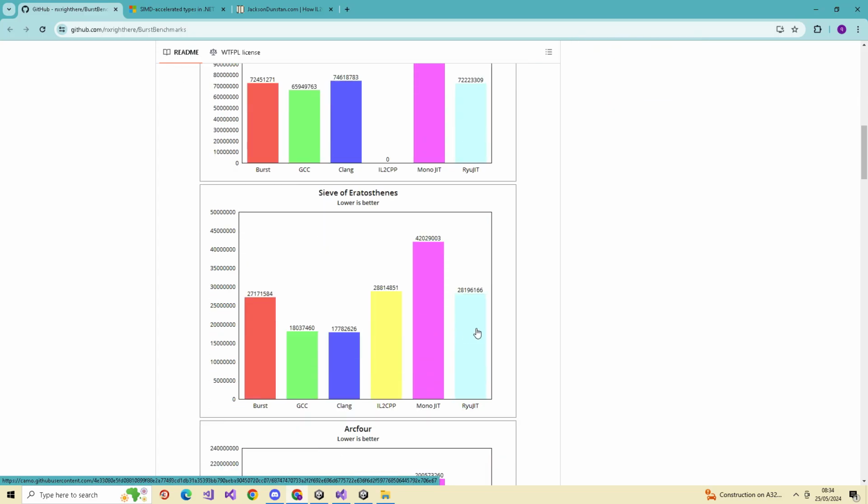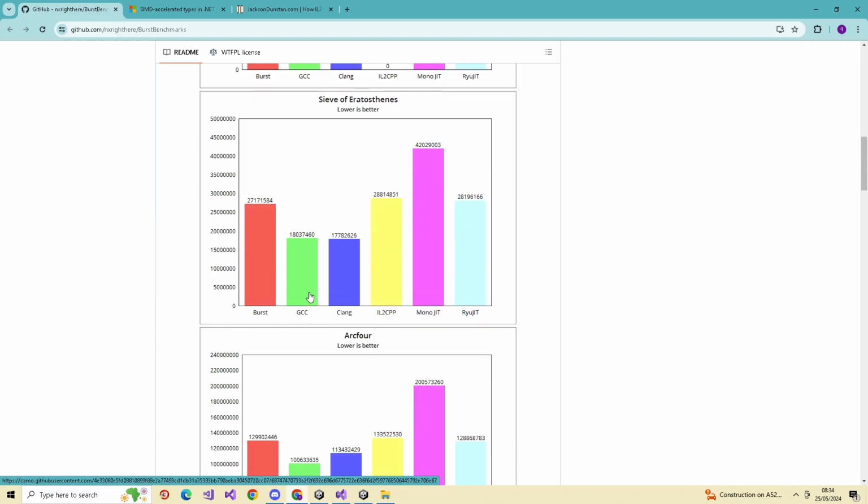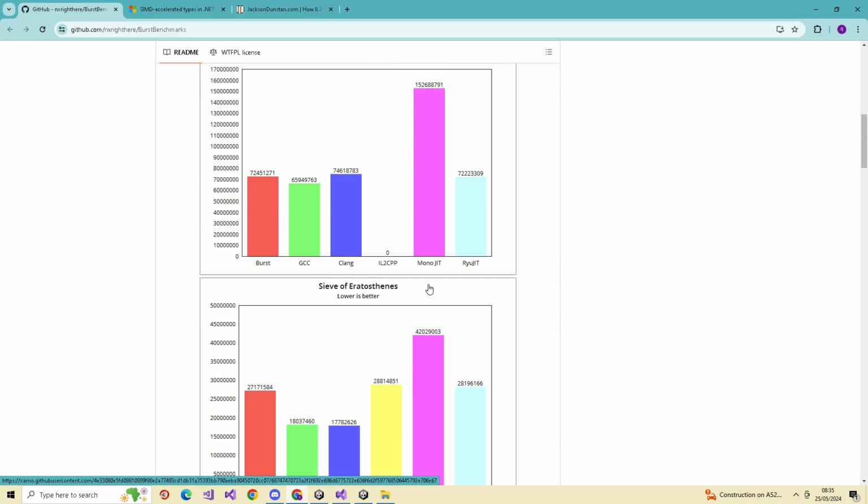Fibonacci numbers. Don't know. But look, this is comparing Burst, GCC, and IL2CPP. I always felt it was intermediate language to C++, which is kind of Unity compiling Mono to C++.